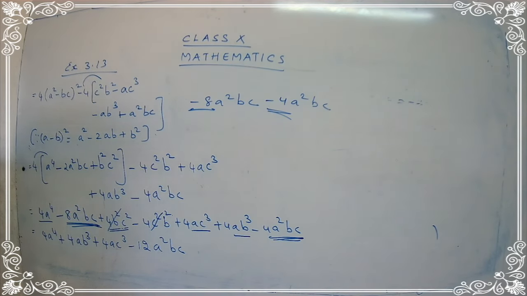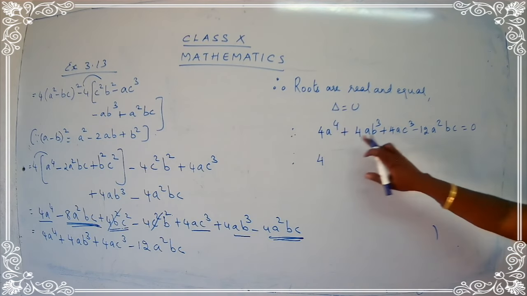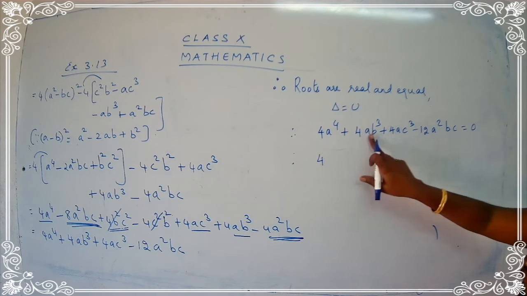Yes. Now let's go for the common part. We are going to take the common part here. What is the thing that you are going to take common here? I'll take 4 common. And also I can take a common. So what we get here? 4 I can take common. 12, so 4 3s are 12. Your 4 a's are there, 1 a is there, 2a is there. So what are you going to take common? 4 and a. So 4, a is taken common.